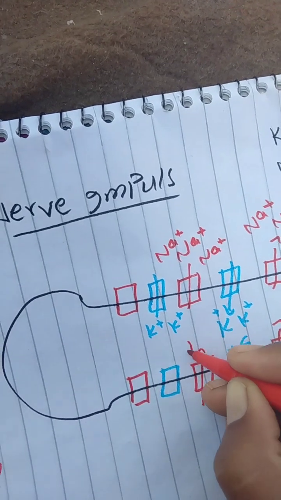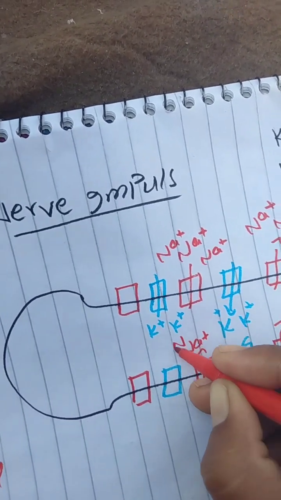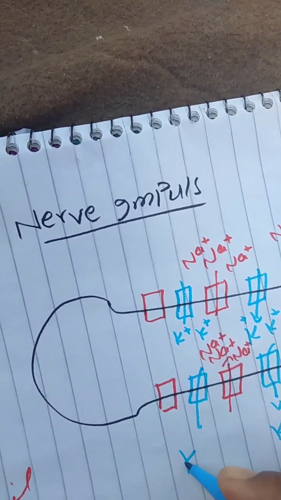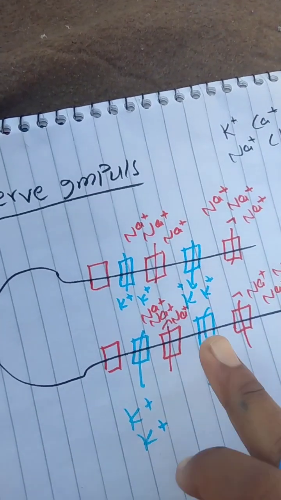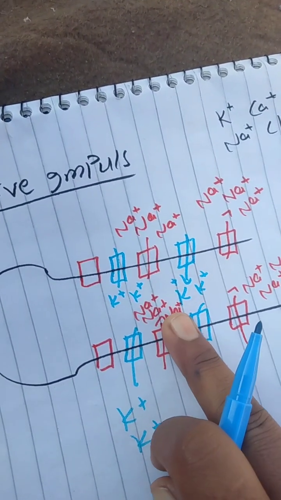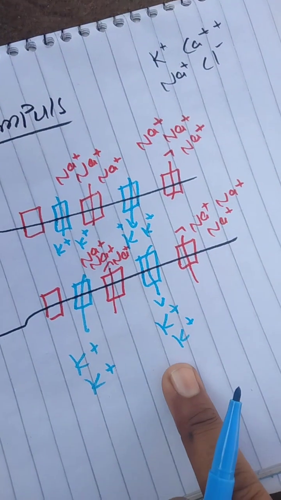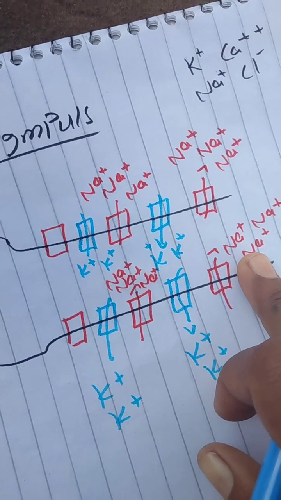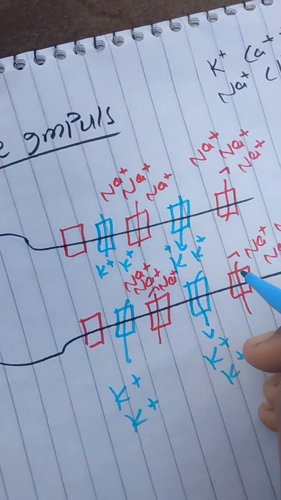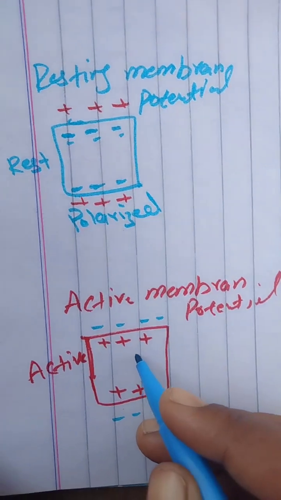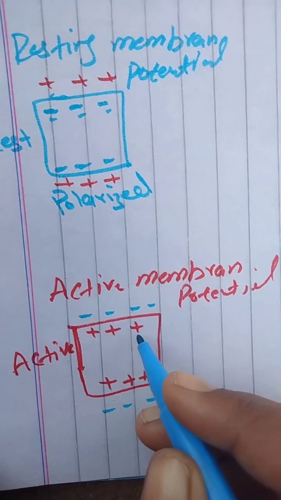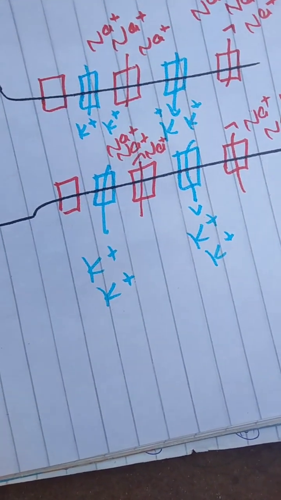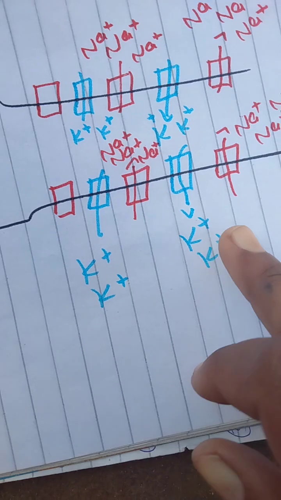3 sodium enter into the nerve cell and 2 potassium enter out. So the concentration of the positively charged ions inside the nerve cells is higher as compared to outside the cells. Due to the number of positive ions inside the nerve cells being higher, the nerve cells become positive inside, and because the number of positive ions becomes less outside,